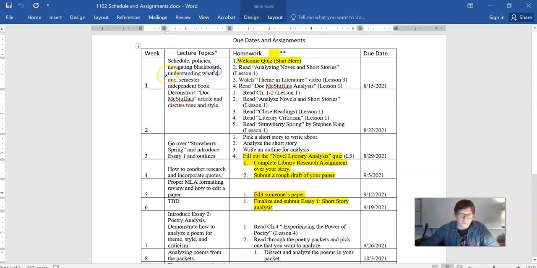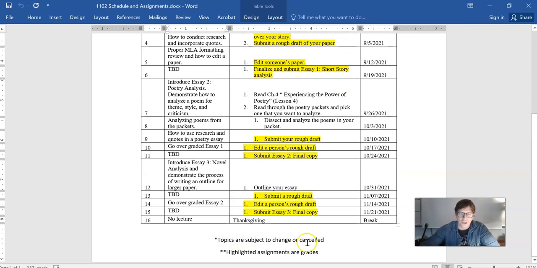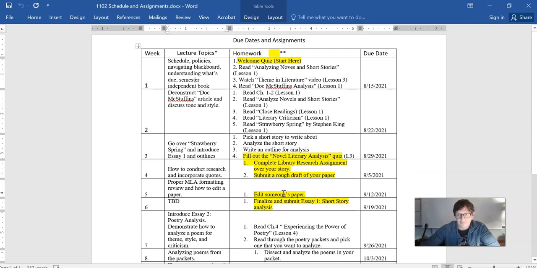It tells you for the week that we're in what my lecture topic is more than likely going to be about. Now I have this little star here, which means that topics are subject to change or cancellation, okay, if I decide it's necessary. Some weeks I have not determined yet what I'm going to talk about.